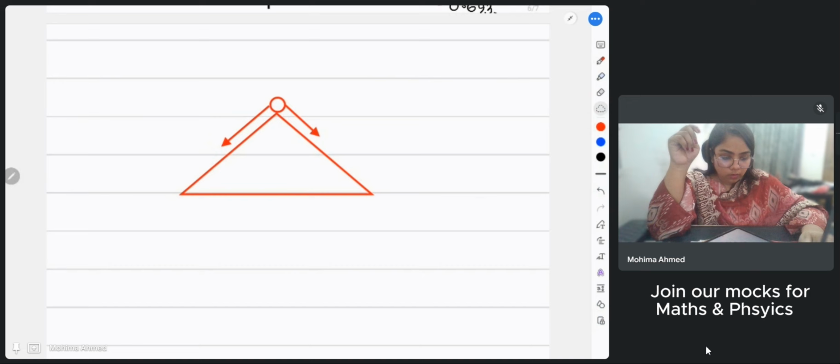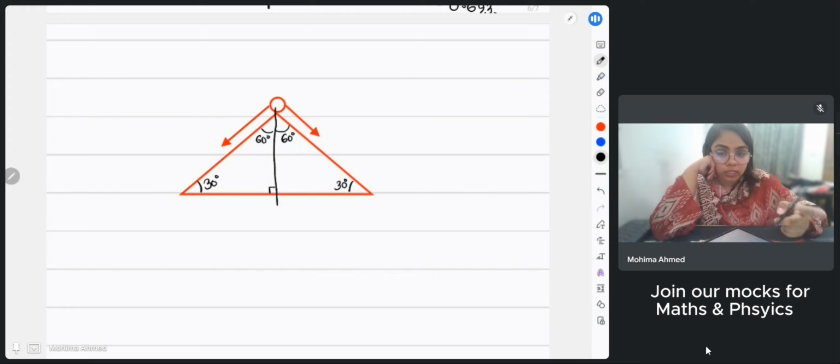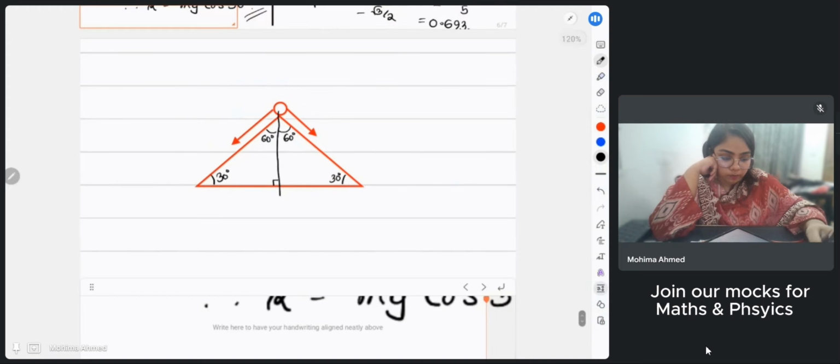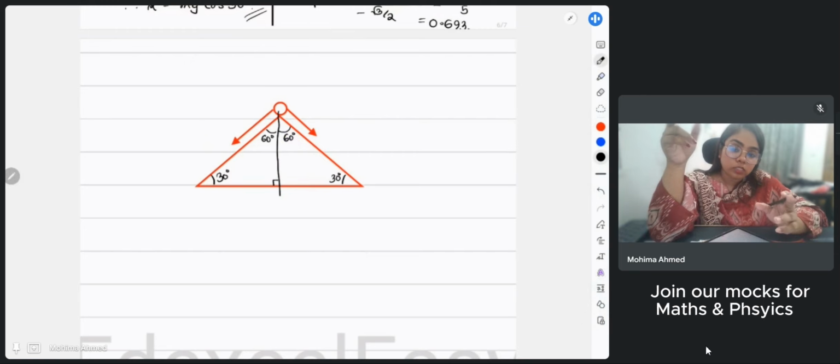Now, if I'm going to draw a diagram over here, for example, this is 90 degrees, this was 30 degrees, this is 60 degrees, right? This is also 30 degrees, which means that this is also 30 degrees, 60 degrees. You can use the sum of angles in a triangle over here: 180 minus 30 minus 90 is always going to create 60 degrees. So tension over here was always creating 60 degrees with the vertical. If I'm going to draw components in this case,